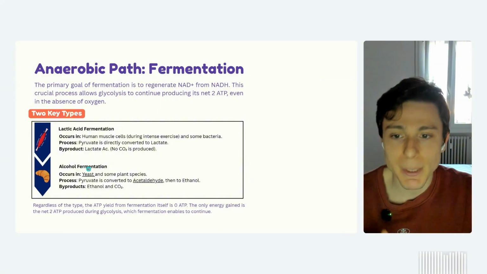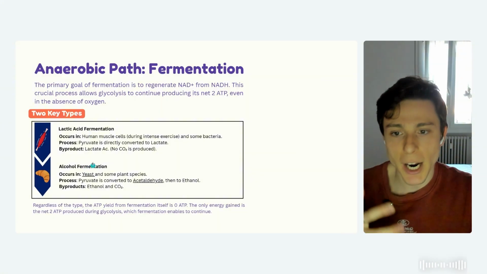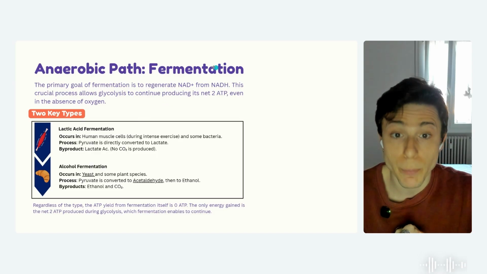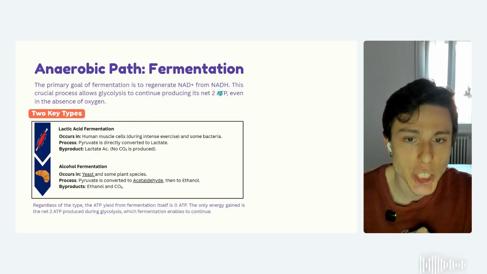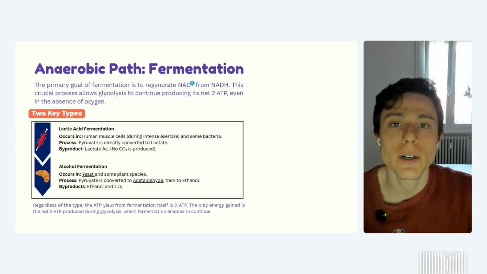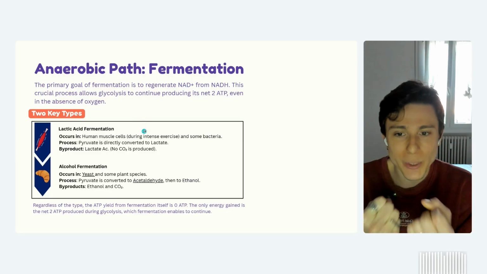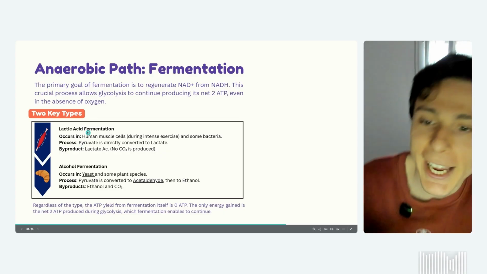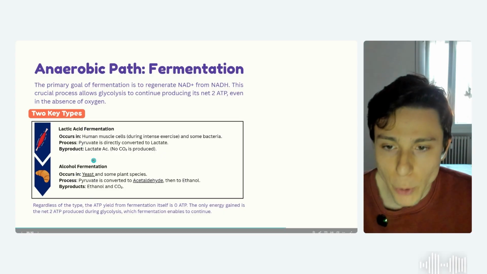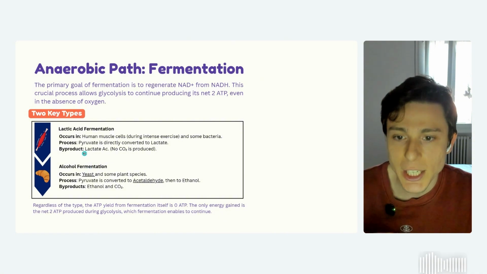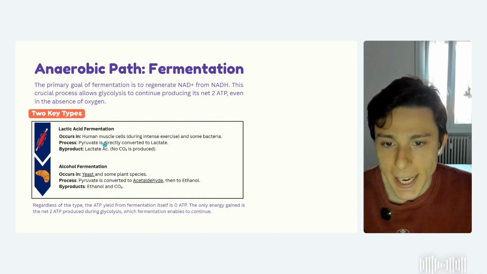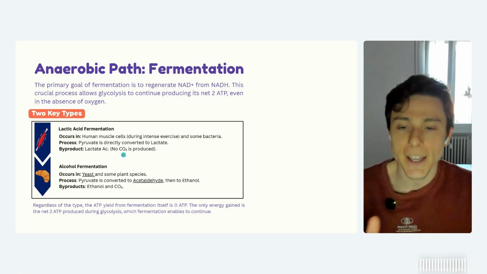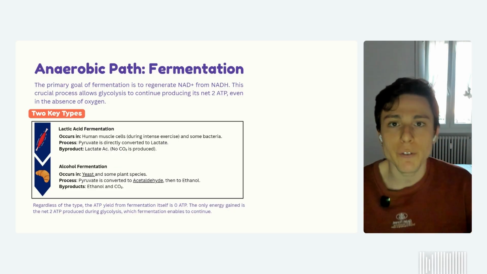And the first step is going to be equal for both of them. We're going to start with the pyruvate, and the pyruvate is going to be the one who receives the electrons that were present in NADH, so it can go back to the form of NAD+. Once it's received, it's going to be converted into something else. Here in the lactic acid fermentation, it's going to be a straightforward process. Once it receives those electrons, it's going to chemically react and convert into the final product, the lactic acid. That is the one that is going to give you the pain whenever you're hitting the gym.